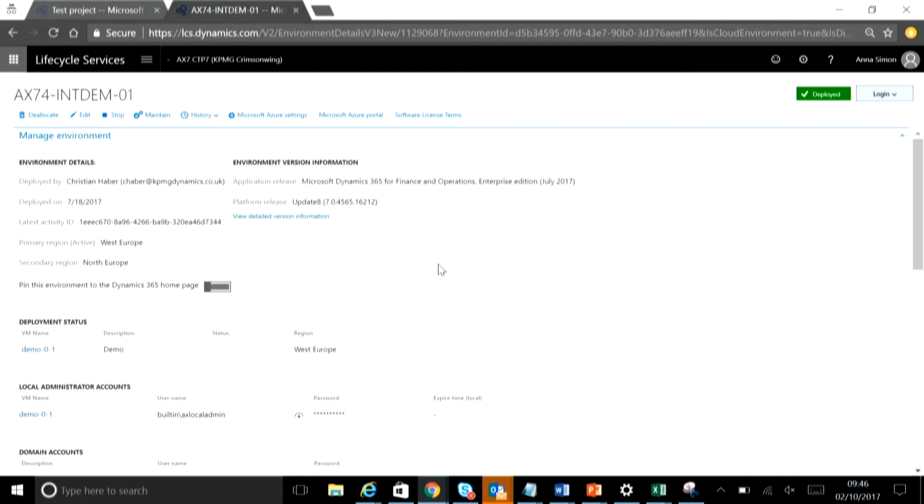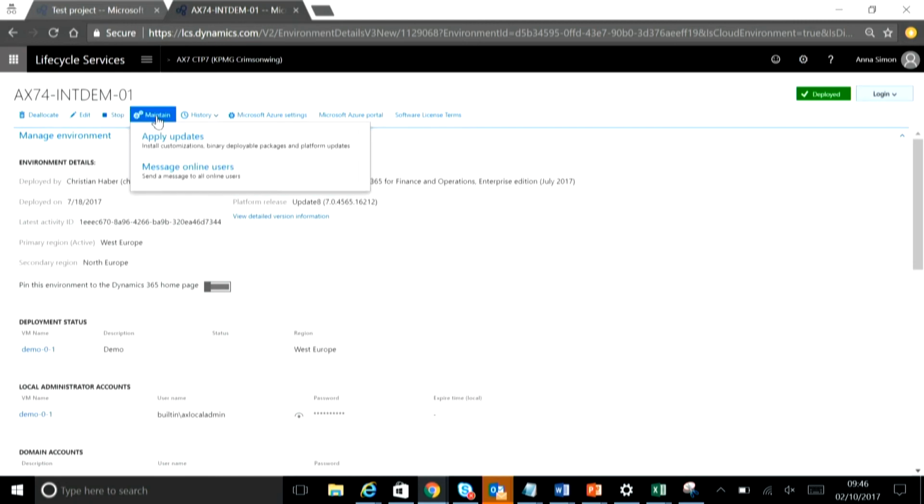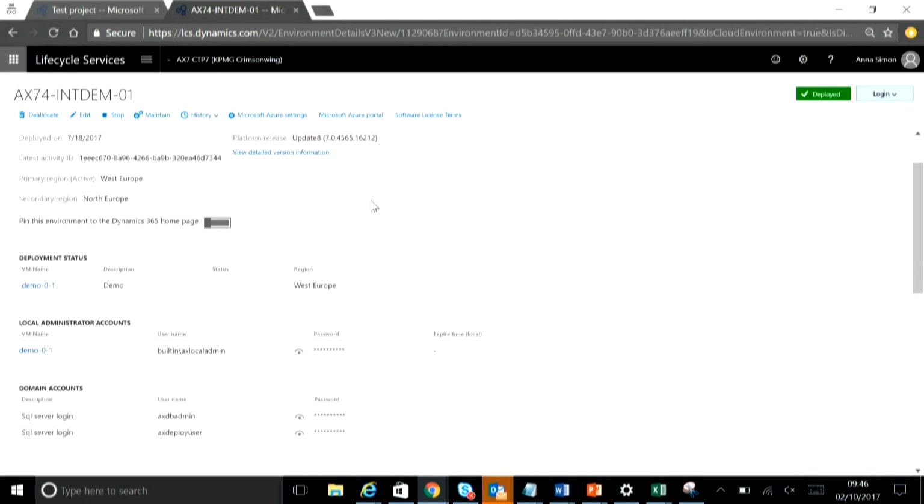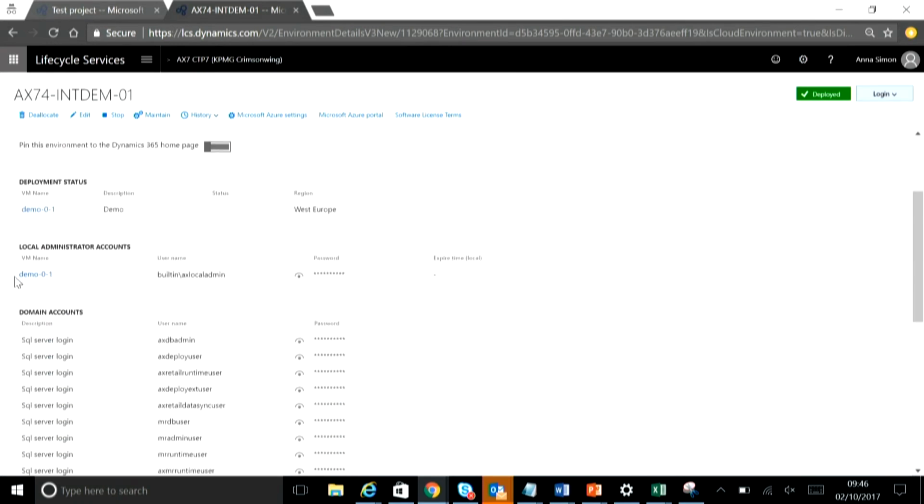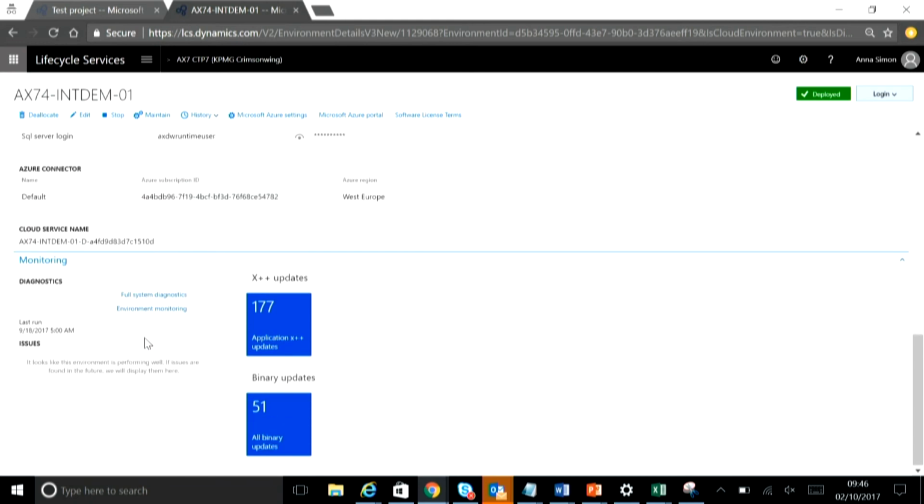environments are displayed. Here I can deallocate, I can edit and stop the environment. I can maintain it in the sense that I can apply customizations and platform updates directly from LCS. I can see the version of the environment, and I can see the VMs that I have in this environment. I can log into these VMs as the AX local admin username and using this password. I can see more domain accounts here, and at the bottom I have links to a full system diagnostics and environment monitoring. I also have 2 tiles, and these 2 tiles show me the available updates that I can apply